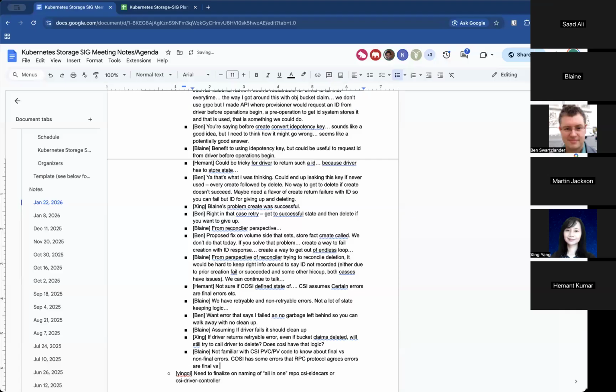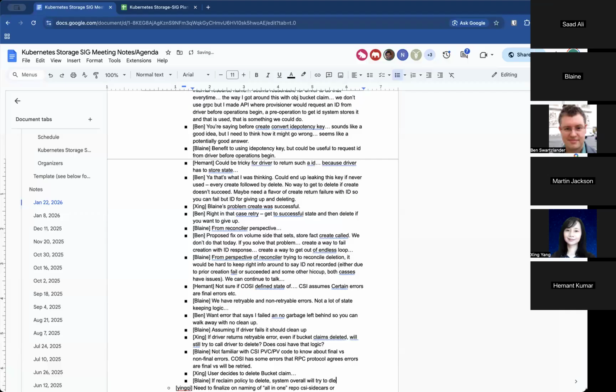Let's say your bucket is still being created, it's not bound yet, and the user decides to delete the bucket claim. What will happen to that underlying bucket when it's finally created? Assuming the reclaim policy is delete, the system overall will try to delete the bucket.